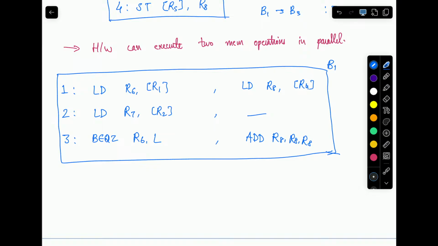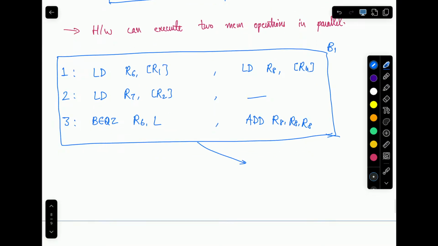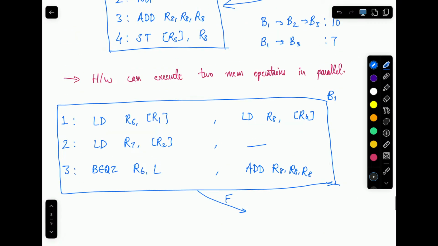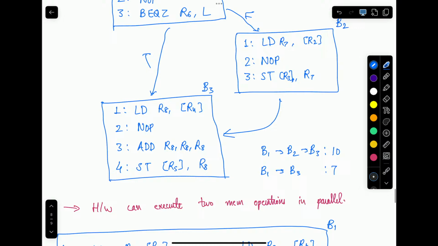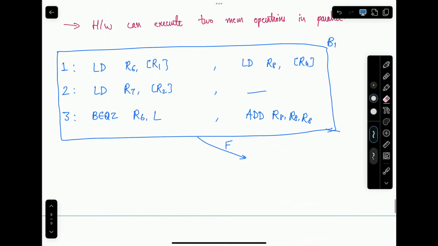So now what is left? Let's say in the false branch, if the condition is false, what do I need to execute next? Store from the basic block 2. We'll do one more magic over here. In cycle 4 here,